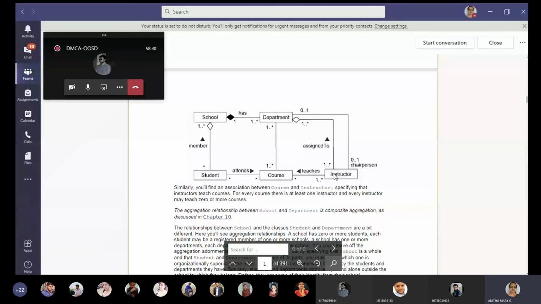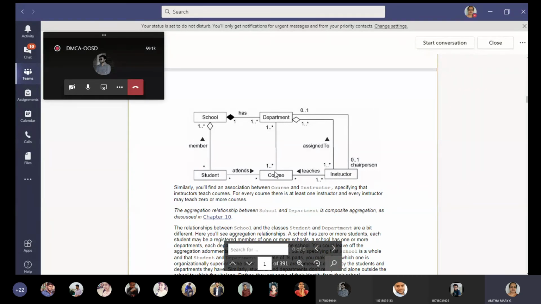Okay. Similarly, the next two classes we have are instructor, that is, a faculty, and course. When they are associated, an instructor teaches a course, and we give the direction also. And one or many instructors teach one course. If it is our MCA course, only MCA department staff are not teaching. There may be other staff from other departments like English or MBA who are teaching you. So that's why we say one or many instructors teach many courses.